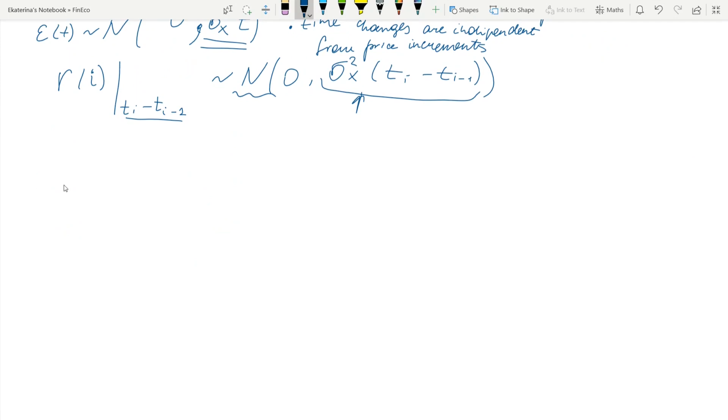So, once again, what is happening right now? Now I'm treating my time as continuous. Then I can have Ti and Ti minus 1. They are just two points on the continuous time evolution. This increment in time basically governs the volatility of my log returns. Again, log returns are now assumed to be continuously evolving over time, and what you're trying to do is characterize what they look like.